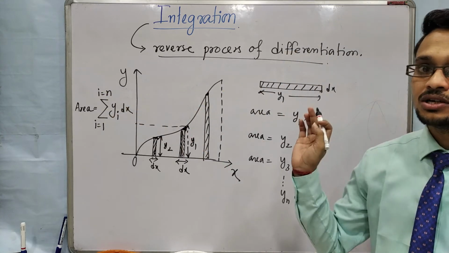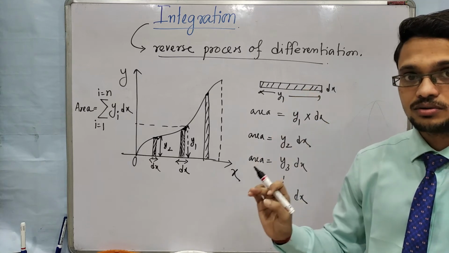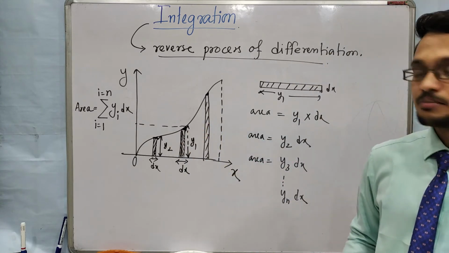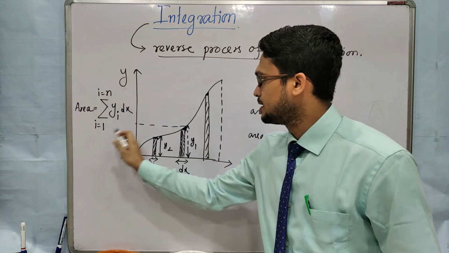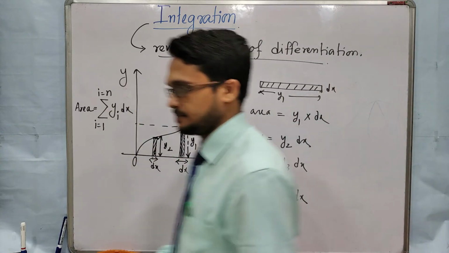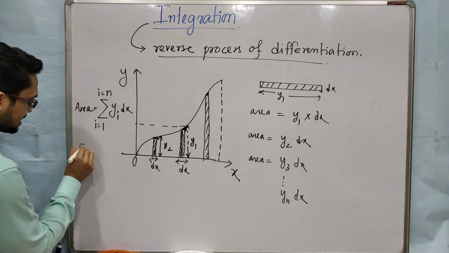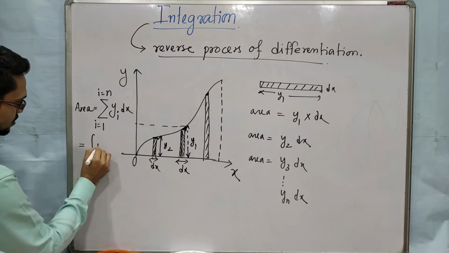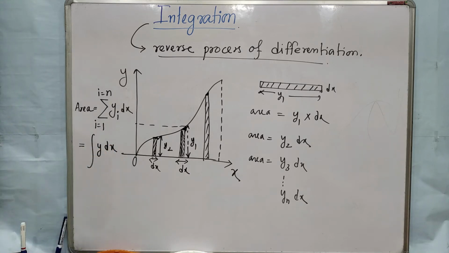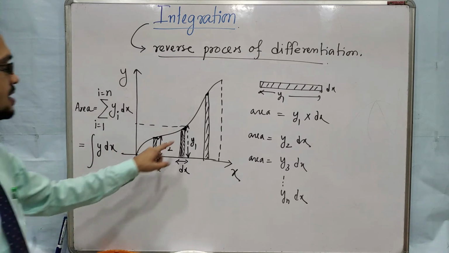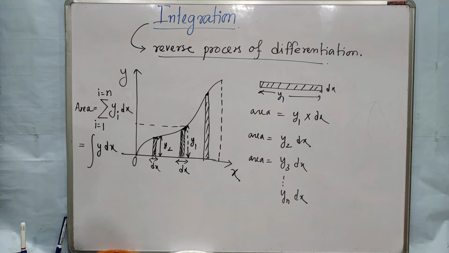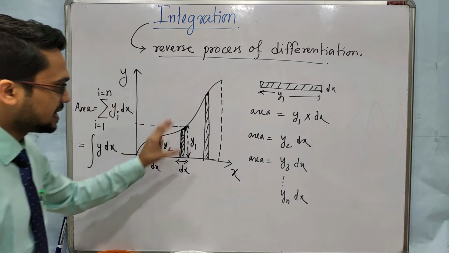But there is no easy mathematical tool to take this area simply. For that reason we have to convert this summation into integration. This is a curve, so it represents a curve. Integration y dx. When we use this integration sign, then we are counting the small parts in between this. Then we will get the complete area.